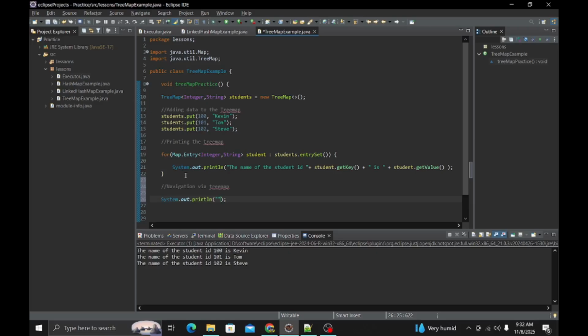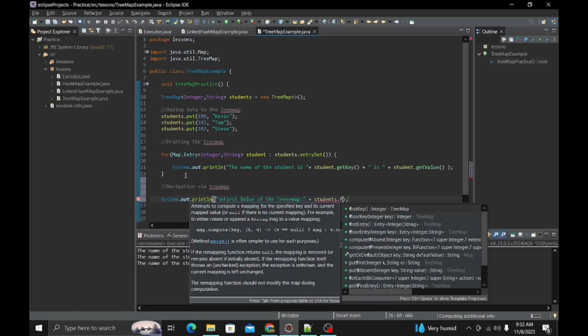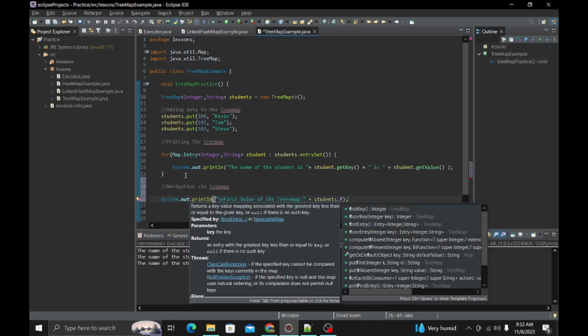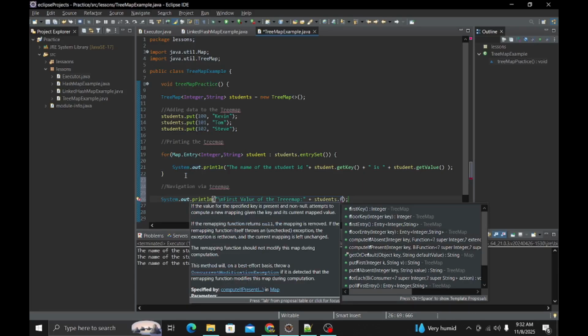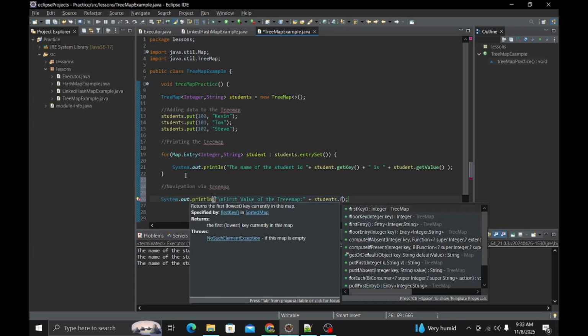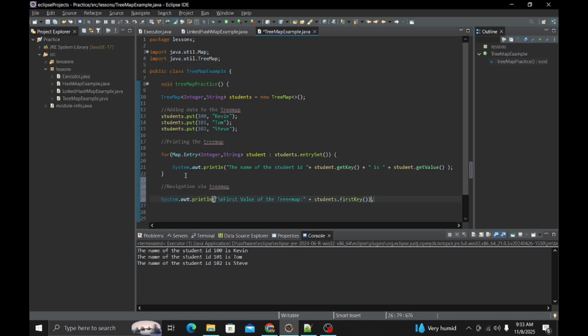At that time, take a new line. First value, tree map is students.firstKey, getting the first key,